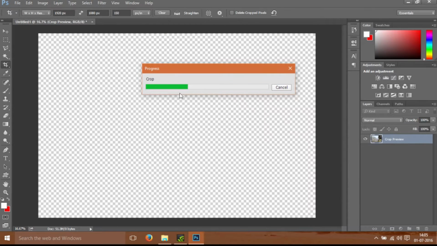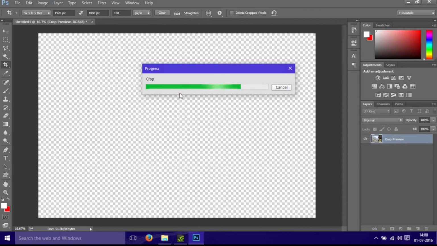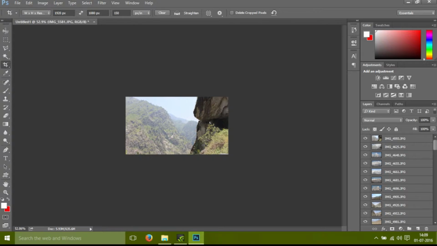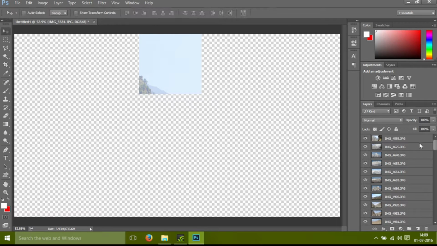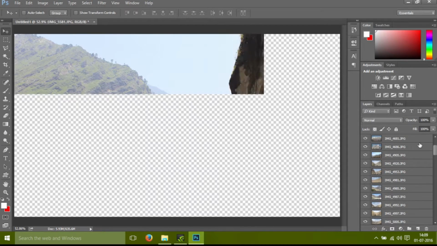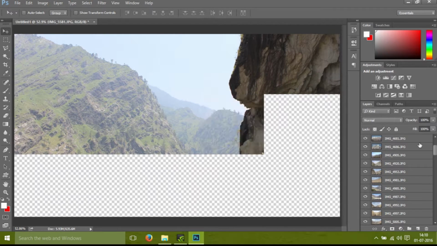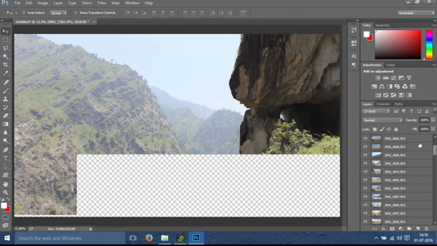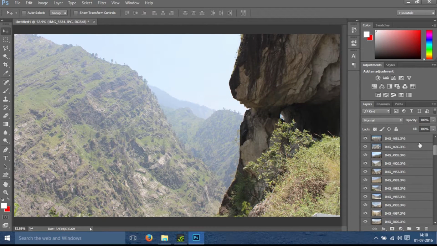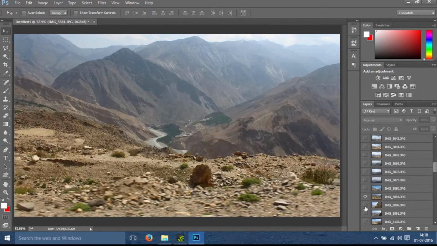It is taking a bit of time on my system as I have set 76 images to be cropped at once. After all the images have been cropped, check if all the images have been cropped right and there are no transparencies left. You can do this by clicking on the eyeball of the layer while pressing Alt, and this will activate the only layer that you have selected.